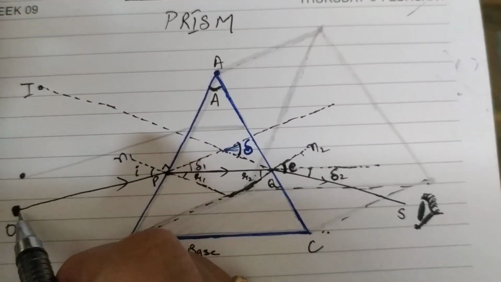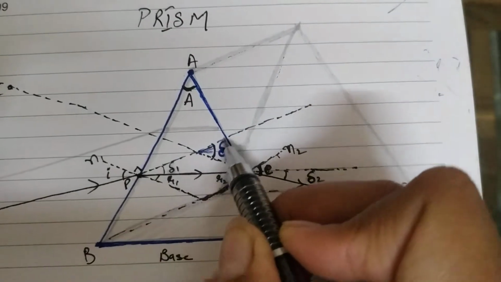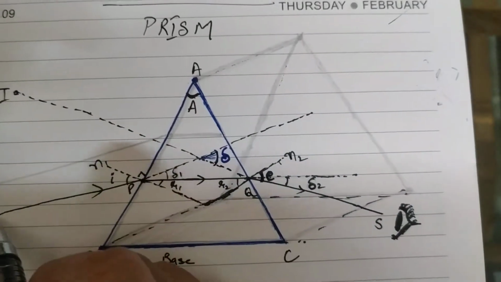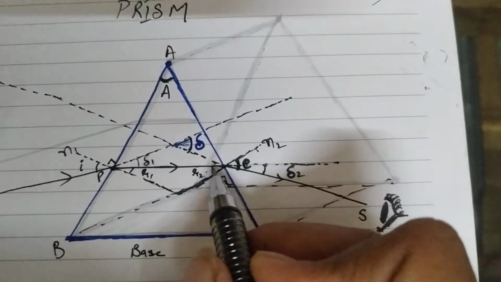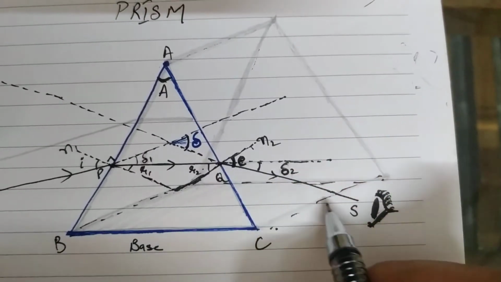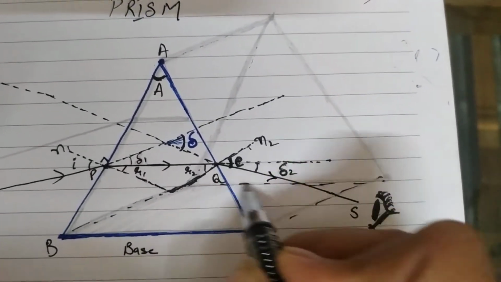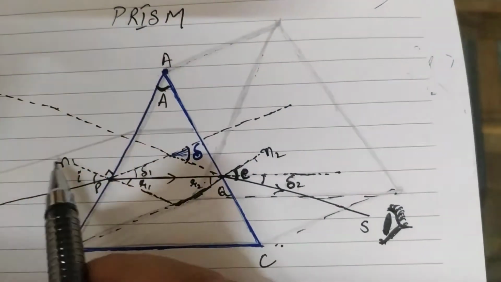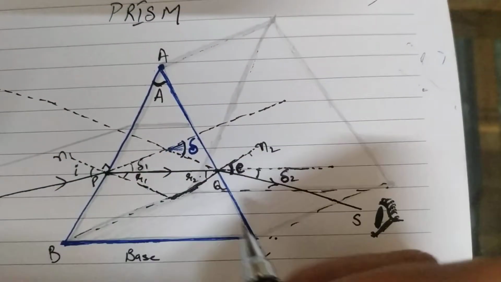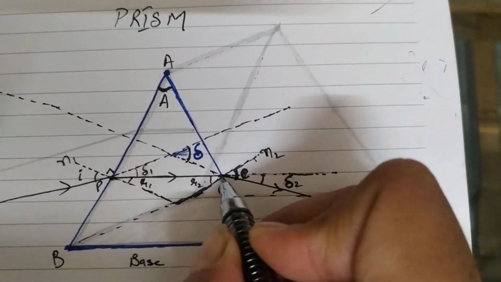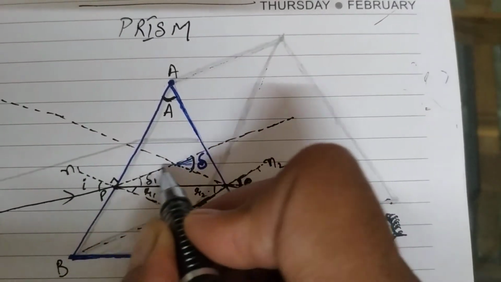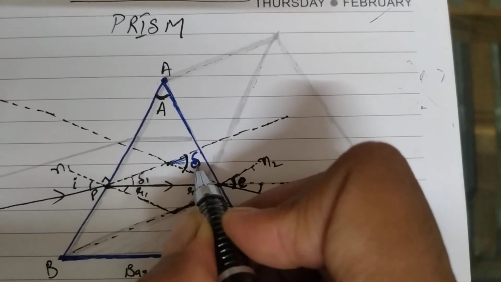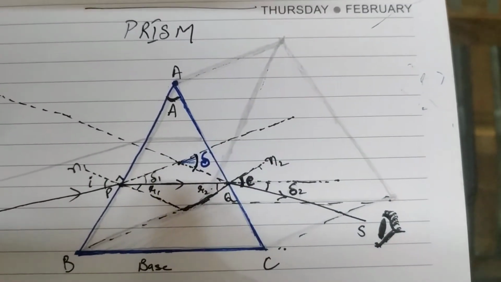This is the angle which is made by this incident ray's direction. See, my line is a little bit curved because I have drawn it without using a scale. So this is the direction of incidence. And what is this line? This is the line which I have drawn by back producing my QS ray. Again, with the help of a scale you should draw it. This is by mistake, I have drawn an extra line with a pencil, just ignore it. Now when this line, which is back produced using a scale, meets the incidence direction, they make an angle over here. Now this angle is the actual deviation angle made by the prism, right?